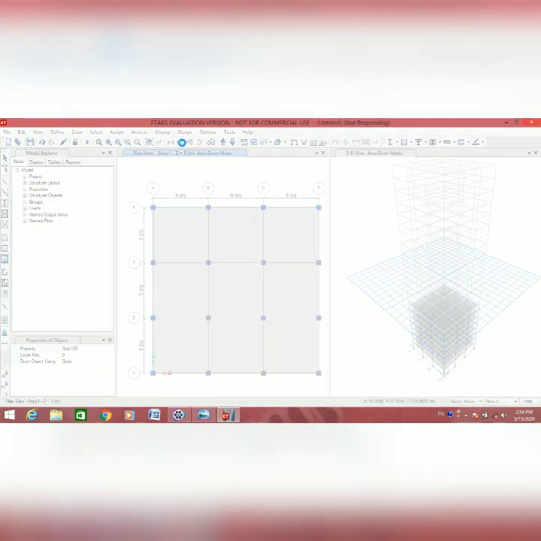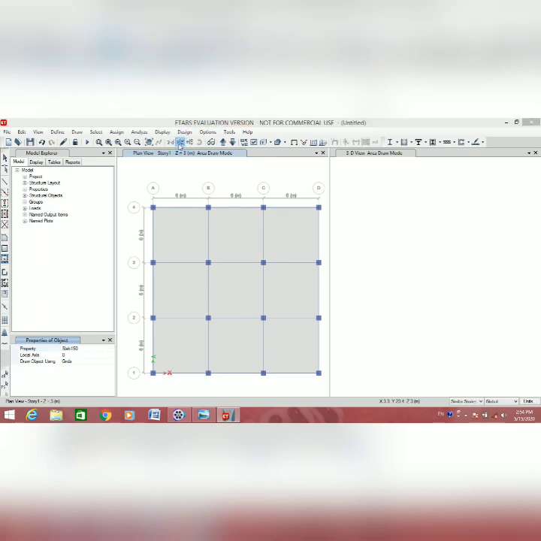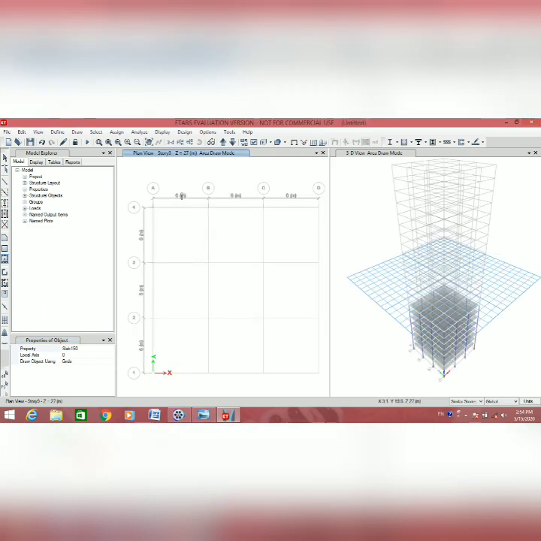Go to the plan, select story 9 and click OK. Go to the quick draw column shortcut option and draw the column according to the plan.